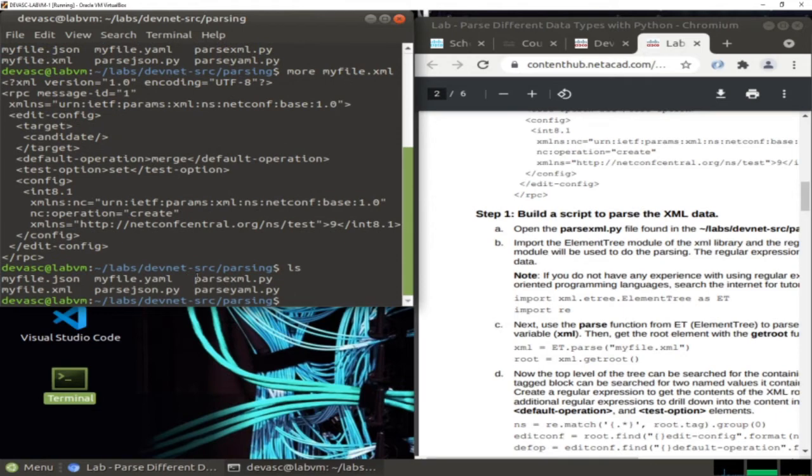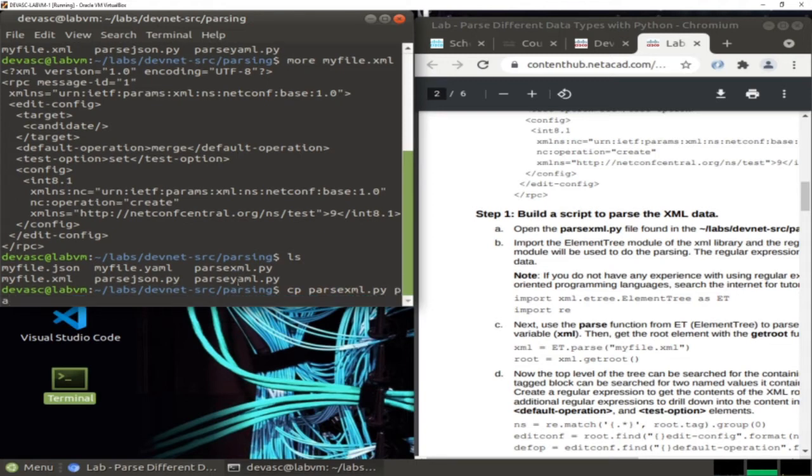Let's modify the file parse.xml. Keep in mind that you are always free to use Git, but here I'm going to modify the file directly without using it. Or you can make a copy of the original file and work on the copy. For example, if you would like to modify the file and keep the original so that you can return to it whenever you want, you can just copy the file here, and I will call it Parse XML